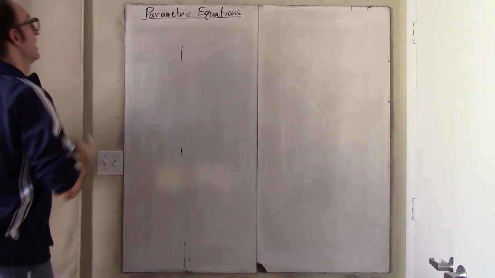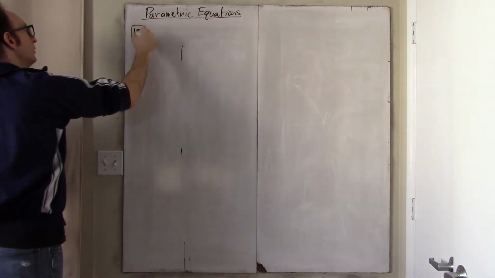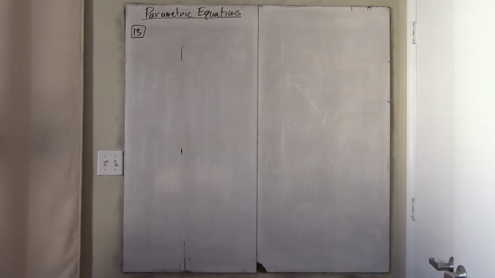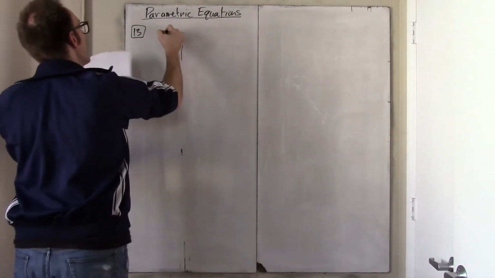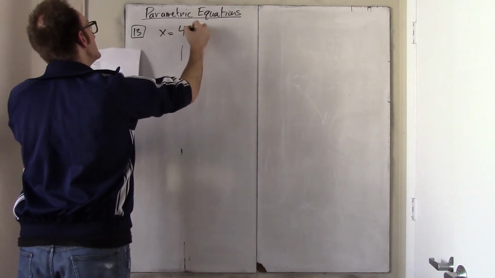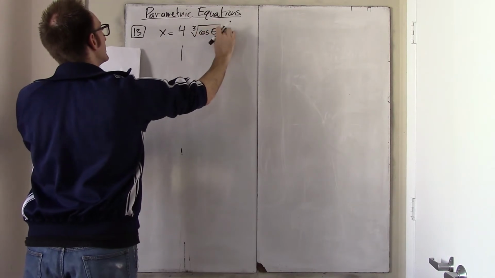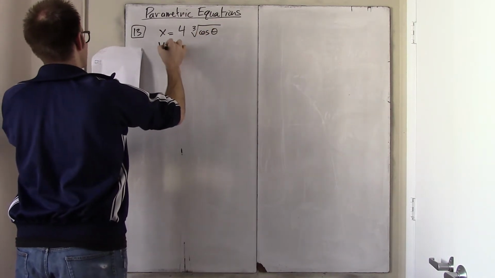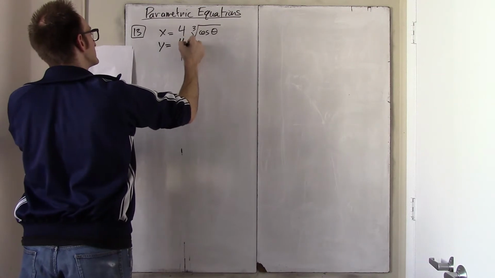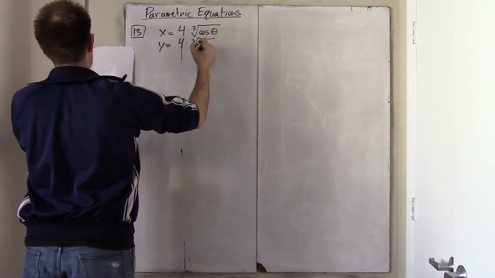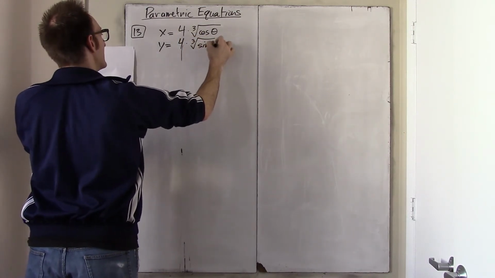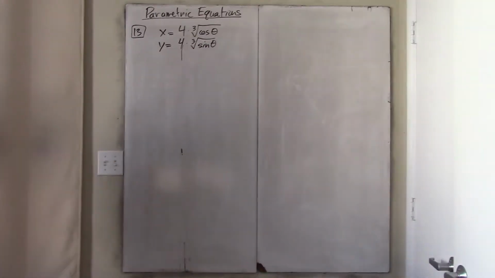Alright, so 13, here we go. What's 13? Okay, x equals 4 times the cube root of cosine. This is also another crazy problem that when you saw this, you're probably thinking, dude, Mr. Rose, I don't know how to do this. Come on. 4 times the cube root of sine. Okay. Well, there's a lot of things you can do with this problem, even if you have no idea what's going on. For example,